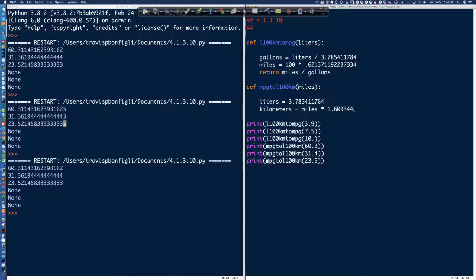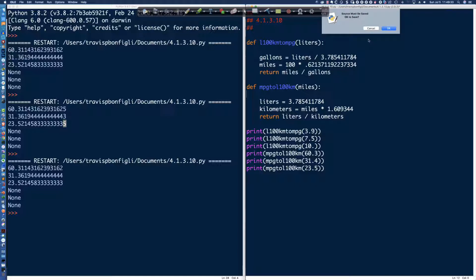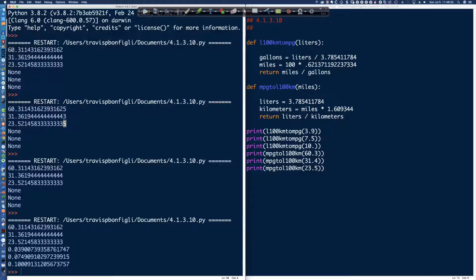This is not going to return what we think it's going to return in terms of the value for kilometers. If I say return, we would return liters divided by kilometers, and what we're missing is the 100. Watch, I'll run it right now, and we're going to get values that are not going to be correct. You can see it's this kilometers value right here that's throwing us off. We're talking about 100 kilometers, not a single kilometer,